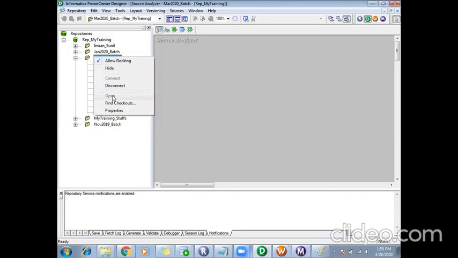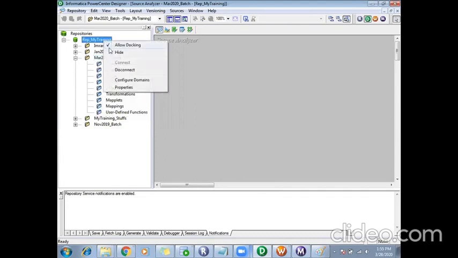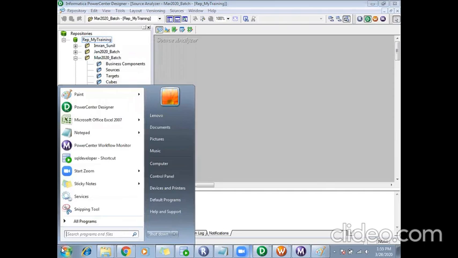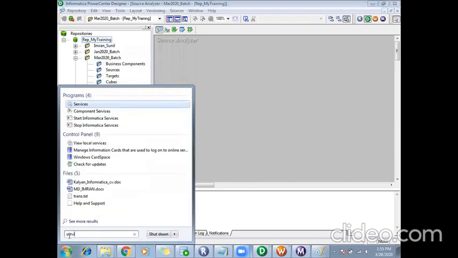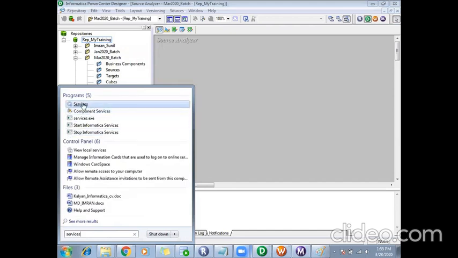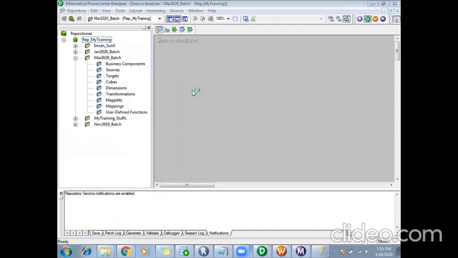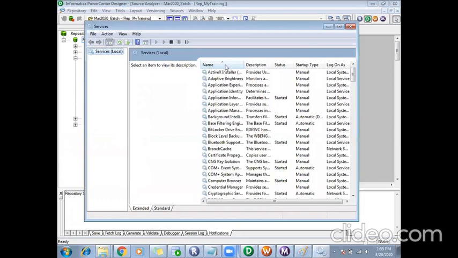There will be two levels of authentication in real time. One is repository level. First you have to connect to the repository, then access will be given to your folders also. While connecting to the repository, if you face any issue like the Informatica service is down, you have to go to Start, type services, and go to the Services section.